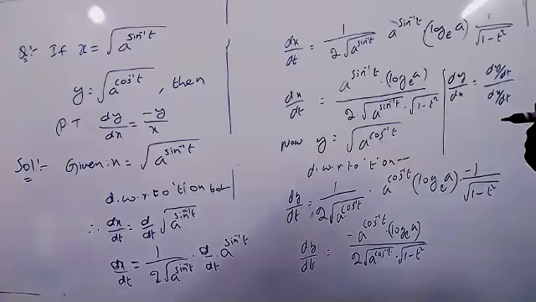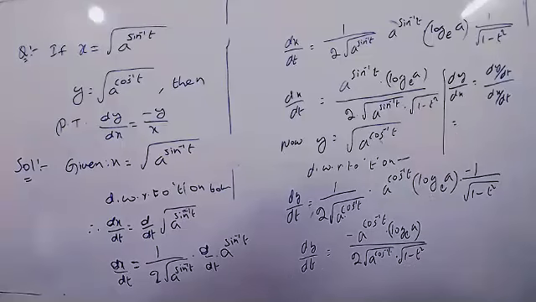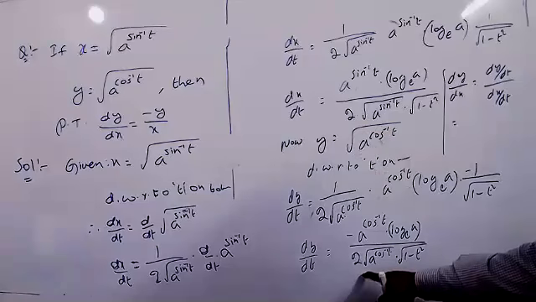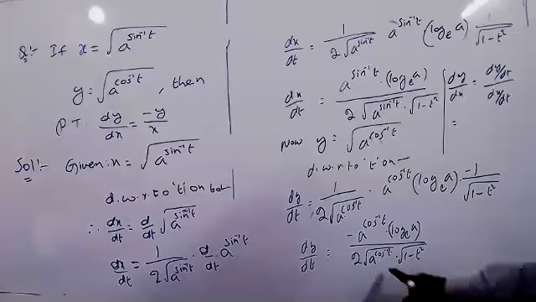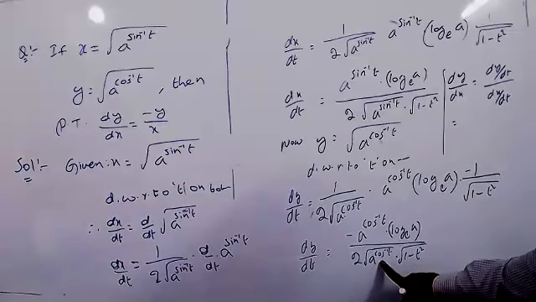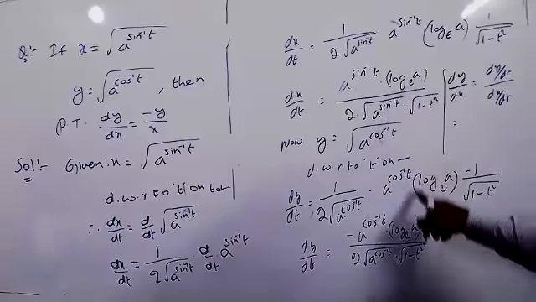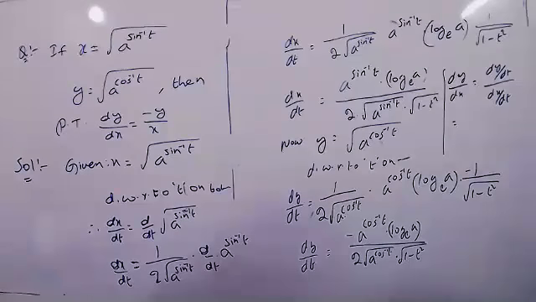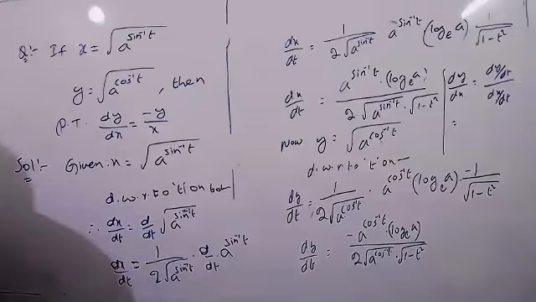Now you can substitute the values here. This one by this one you can take. Clearly, taking the denominator, 2t will be cancelled. Root of 1 minus t square also cancels. In place of this you can write plus y, in place of this you can write minus y, and these two also cancel again. Now divide both of them and we get the answer. Actually we have to prove minus y by x, which we get directly. No problem.